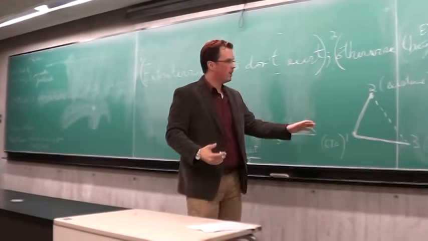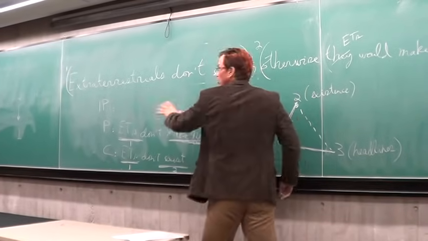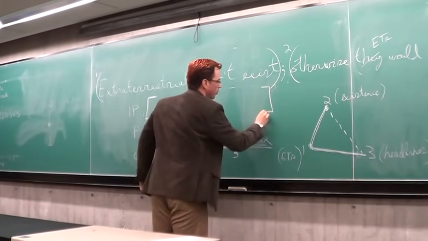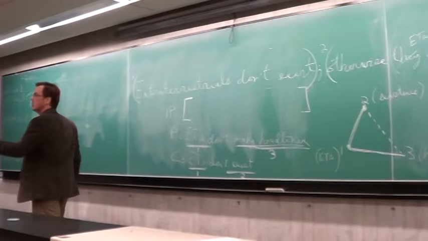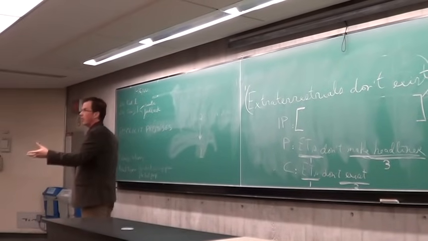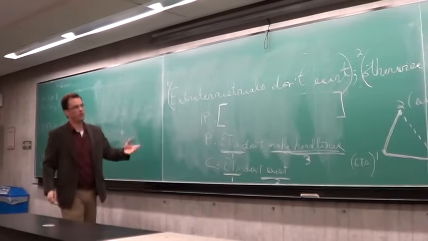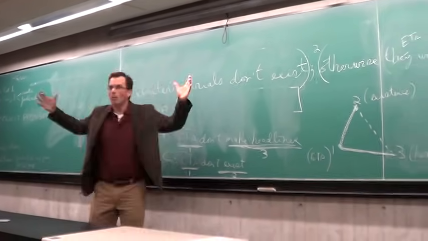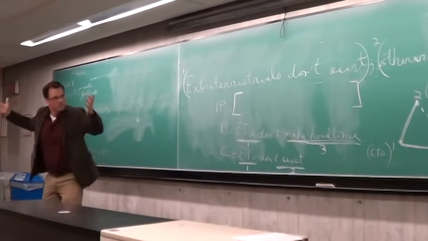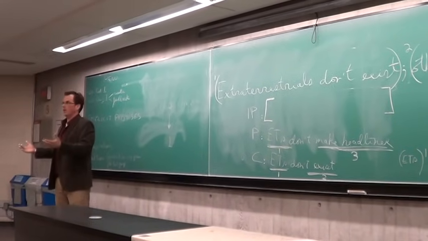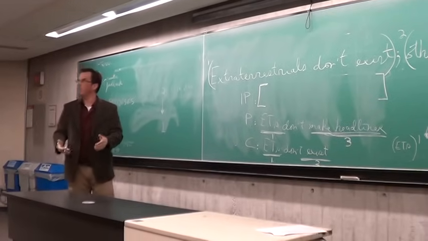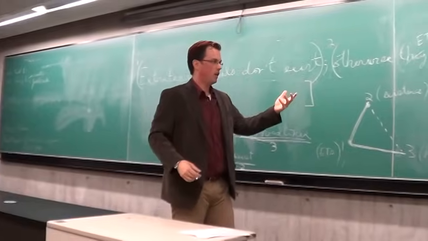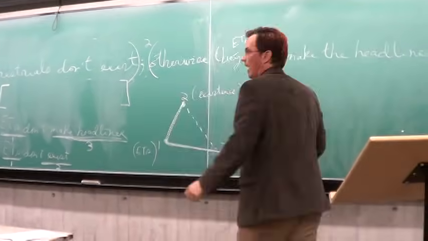Once we have all this, we know that what we're going to need is a top bun, which is going to be our implicit premise, which we're always going to put into square brackets to remind ourselves that whoever's the author of this argument didn't actually say it. We're going to put the words in their mouth, and we want to track that fact. If we want to reconstruct the implicit premise, we need a relation bringing together these 2 topics: existence and making the headlines. Then we let our intuitions kick in. What would be the most sensible proposition that combines the topic of existence and the topic of headlines and that would seal this gap?